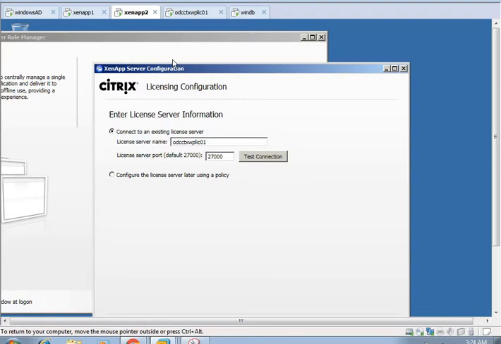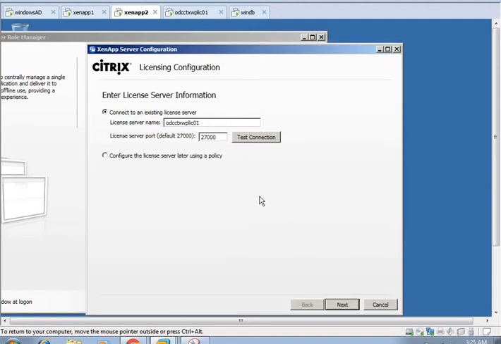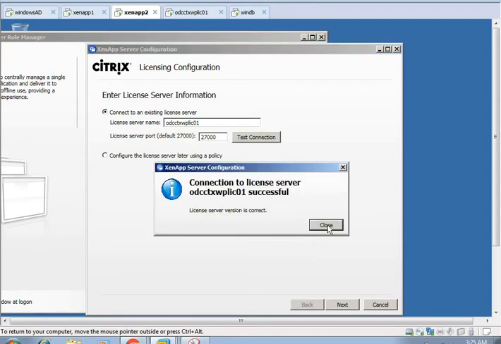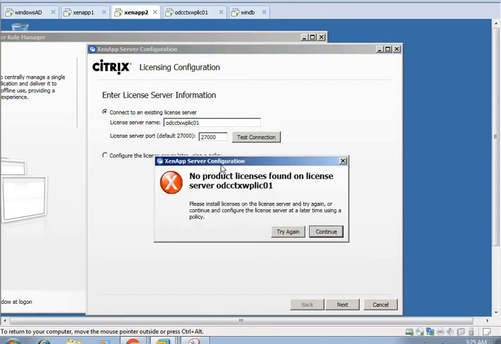The next window would be for the server name. So our license server is this one. We put in the license server, and then test connection is showing successful.